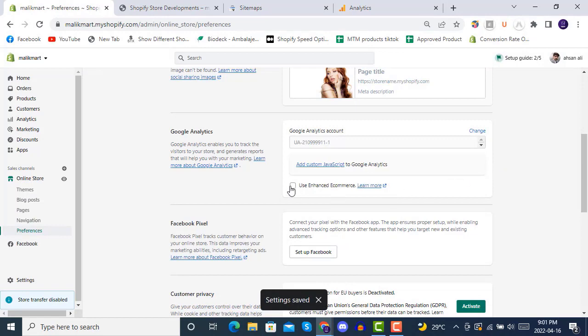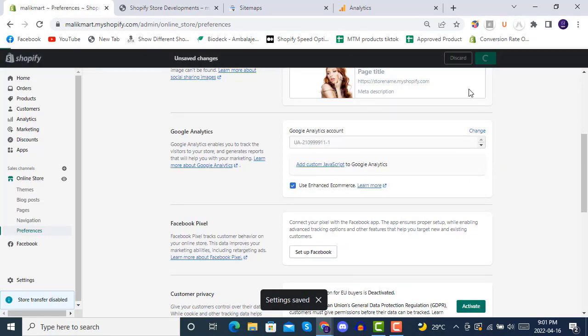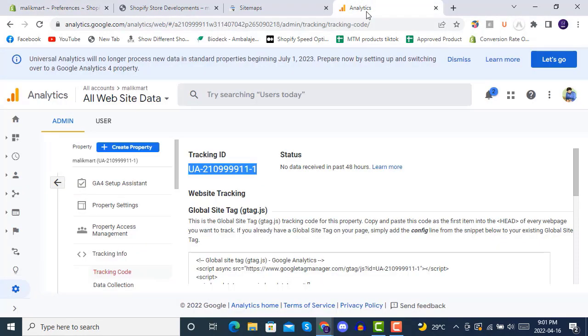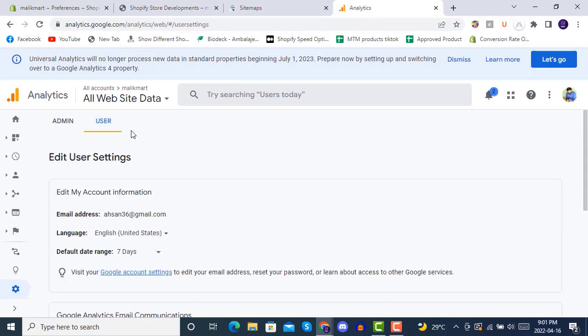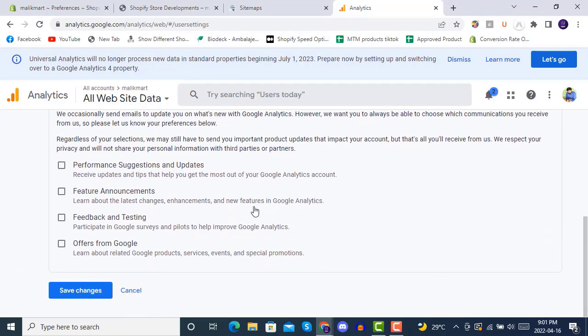Once you save it, click on use enhanced e-commerce. Once you save it, go to analytics, and then inside here you see, click on user, click on save changes,